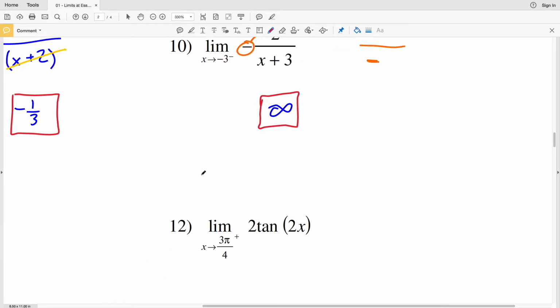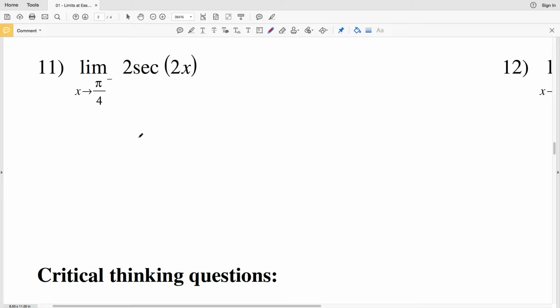Now on to number 11. For number 11, we have the limit of 2 times the secant of 2x as x approaches pi over 4, and that's from the right. To start off, I'm going to rewrite this limit. As opposed to having 2 times the secant of 2x, I'm going to write the secant as a fraction, which is 1